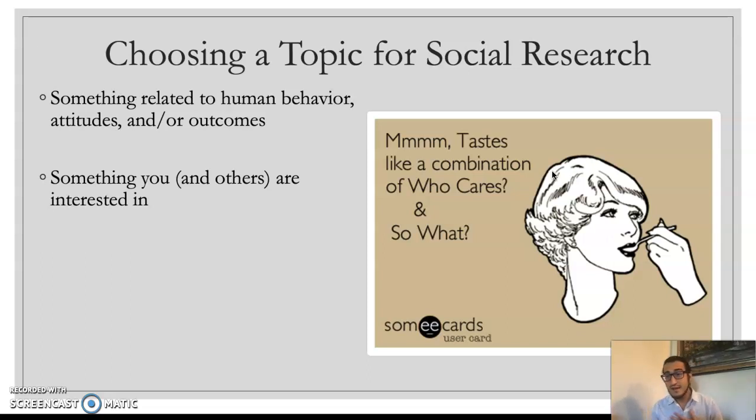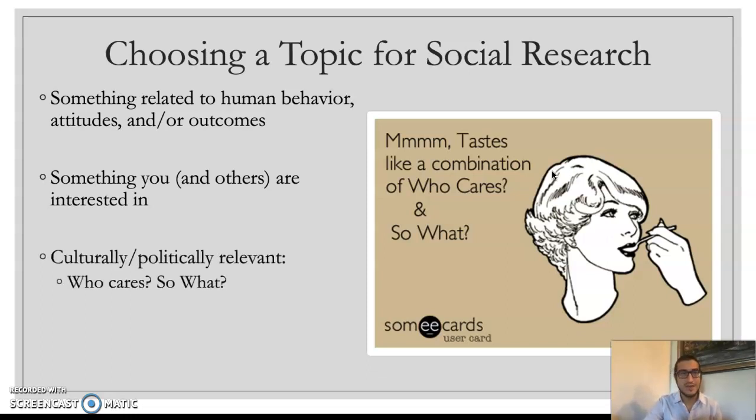For me personally, my areas of expertise are gender, sexuality, family, and health. So a lot of the research I work on examines the experiences, behaviors, and discrimination that members of the LGBT plus community face. And that's a topic that I'm very vested in. I'm very interested in better understanding the experiences of the LGBT plus community. And because I'm interested in that particular topic, it makes my research a lot more interesting to me, obviously. It makes me a lot more impassioned about conducting my research,